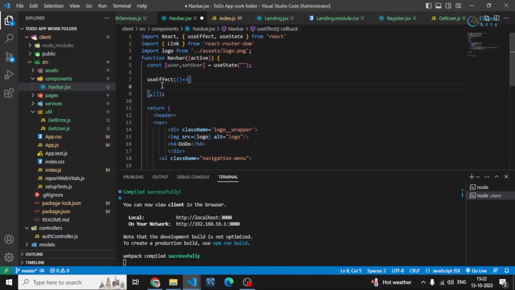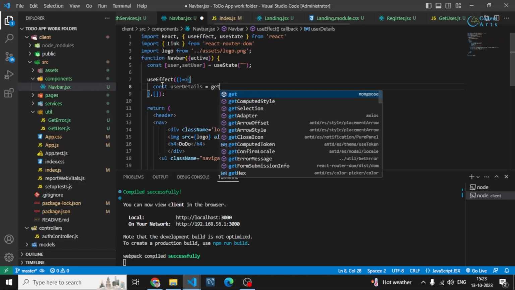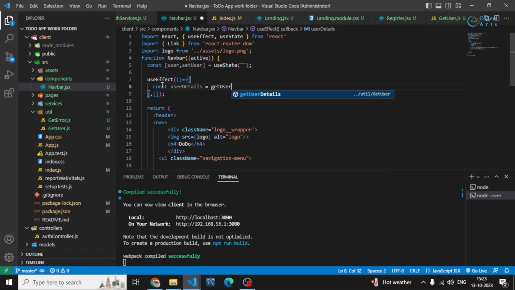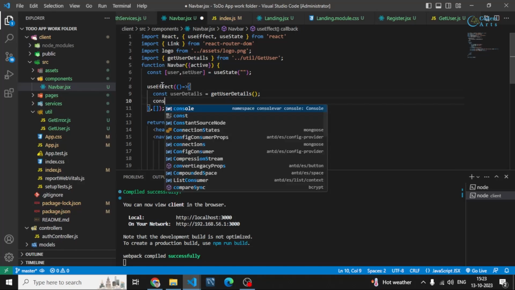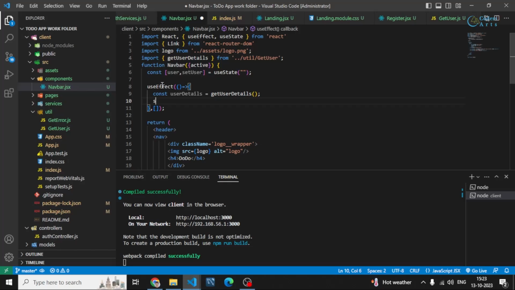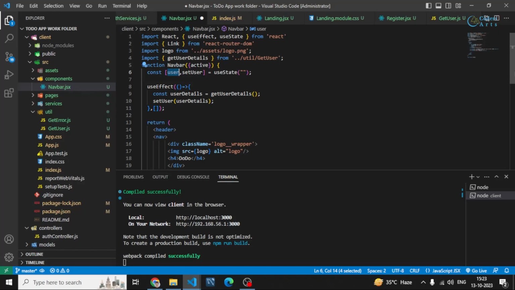So I'll be grabbing the user from the local storage with the help of that method. So I'll be invoking that function getUserDetails, and then I can set the user, setUserDetails. So that's it, and then I will be checking whether this user is there or not,